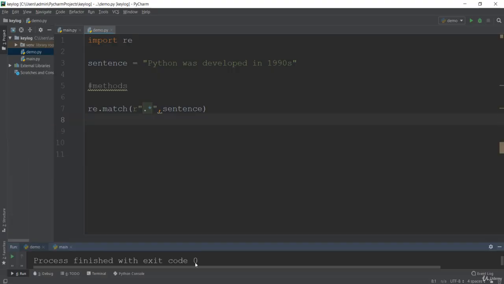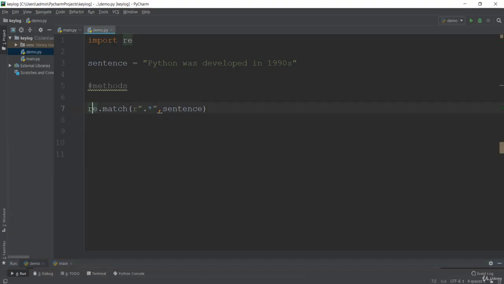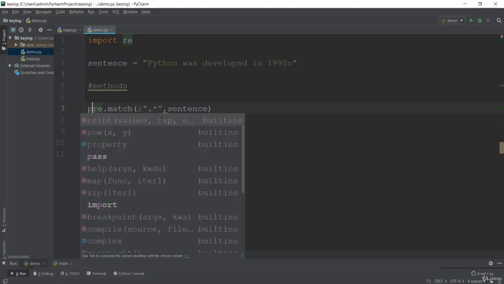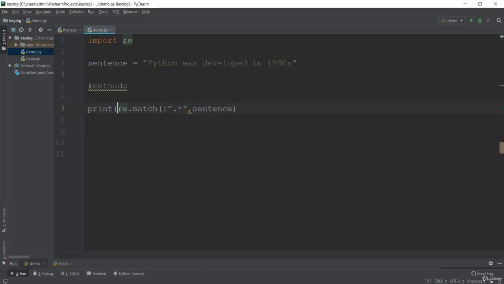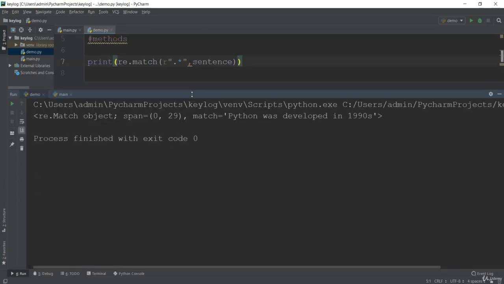Okay, we haven't printed anything here, so we have to print first, and that should print us the object. Let me say print, run it one more time, and see if this works. We are here, and it has printed the match object saying there is a match with all of the sentence. You can see we have printed everything that is in the sentence.